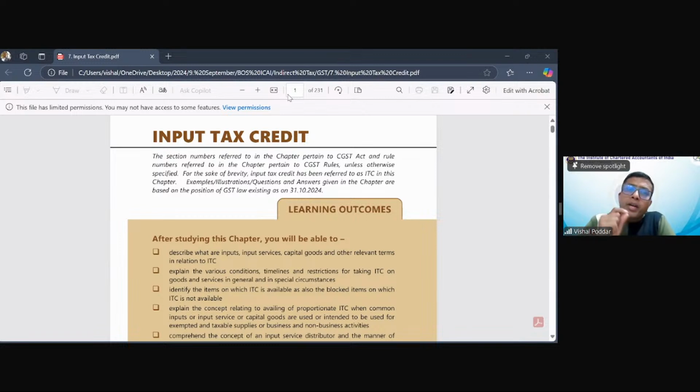They could have very well called it input tax debit. Anyways, they had to use a term, they had the power to define, and they chose correctly: input tax credit. So I hope, firstly, this is clear to everyone why it is called input tax credit only. Any questions up to this basic, whatever we have discussed?